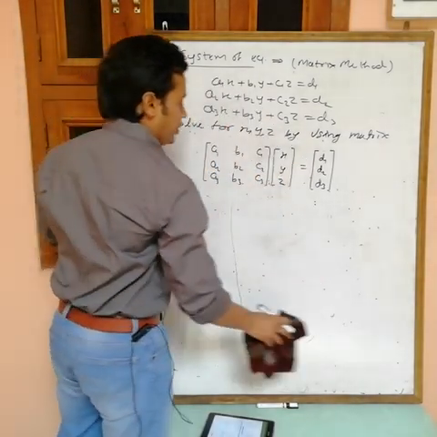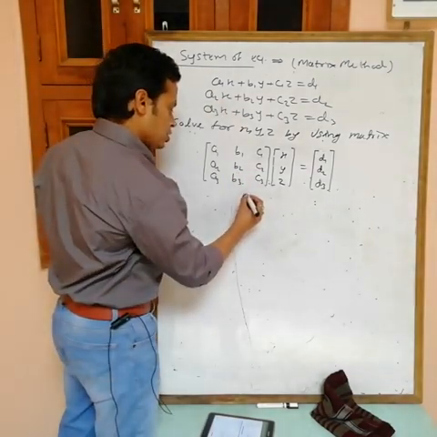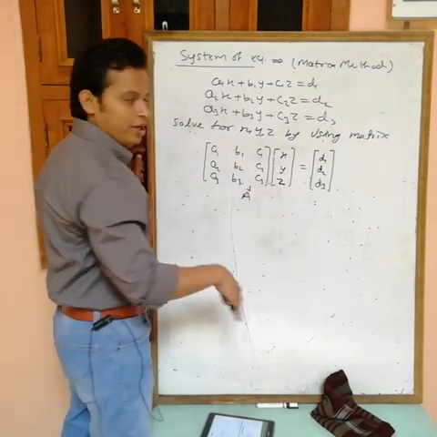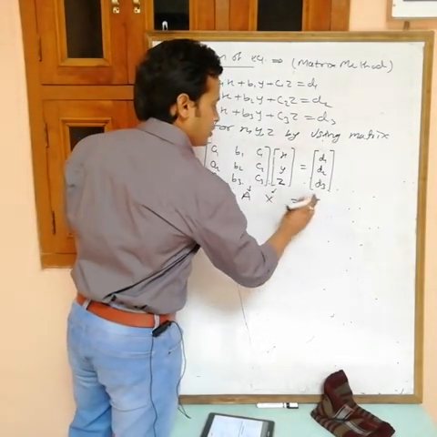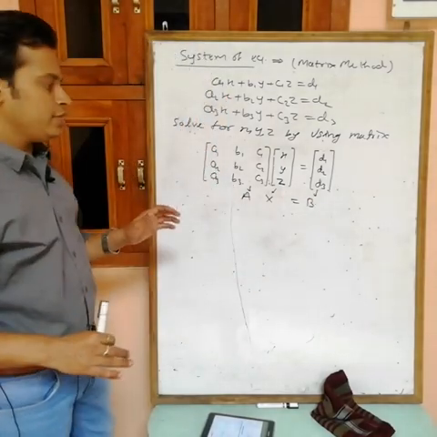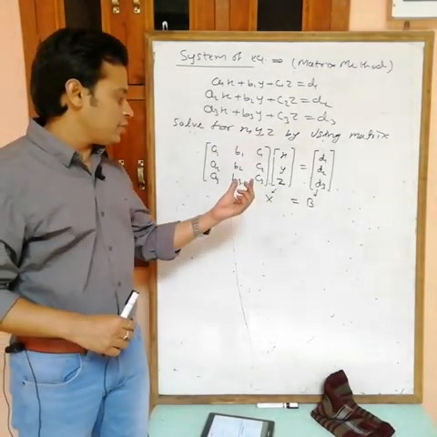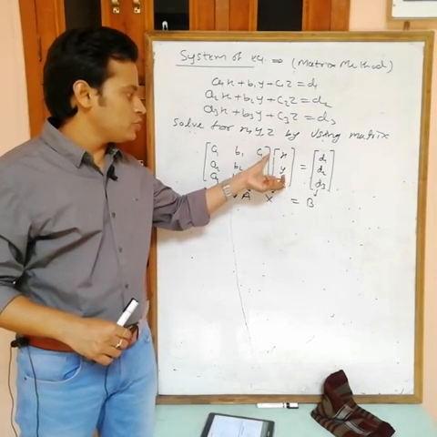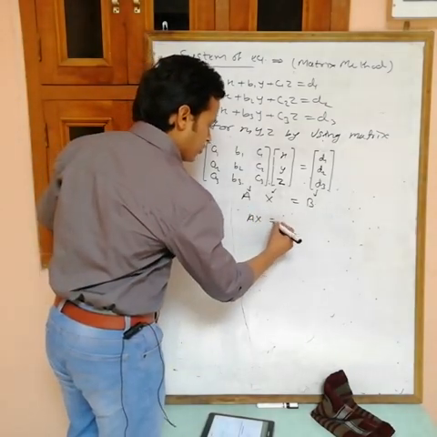Now I am assuming that the matrix formed by the coefficients is A, this is the matrix formed by the variables, which I call capital X, and suppose the matrix formed by the constant terms is B. So this is the equation AX equals B, and what do you want? The value of the variables. It means in this one you want this matrix X. If you get this matrix, then you get the values of x, y, z.